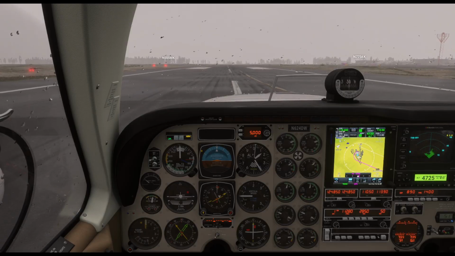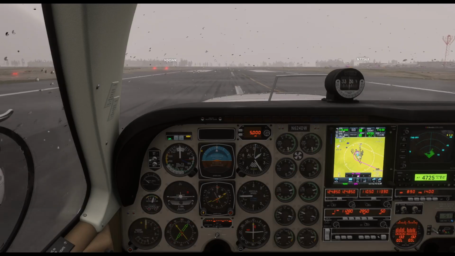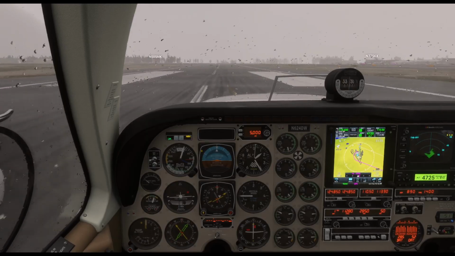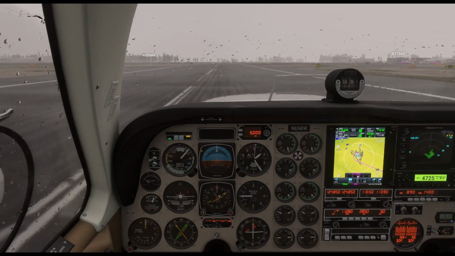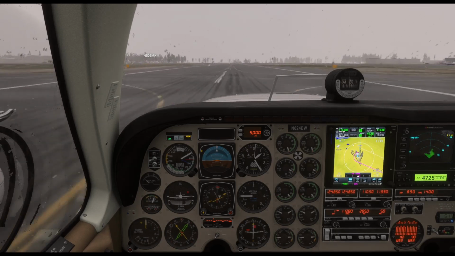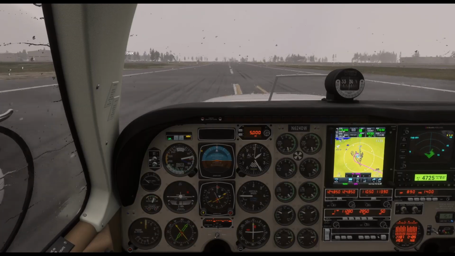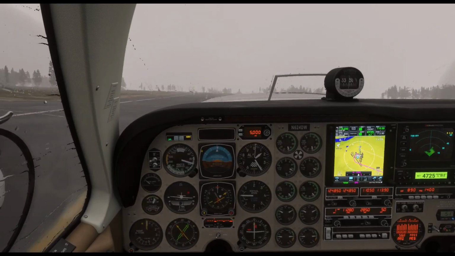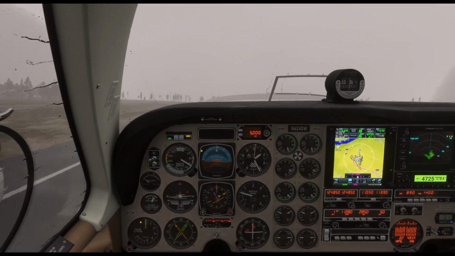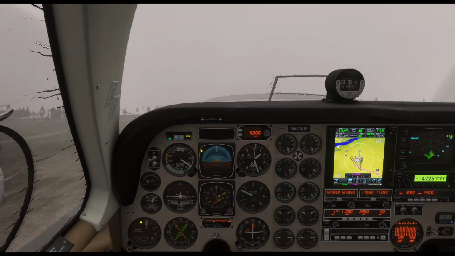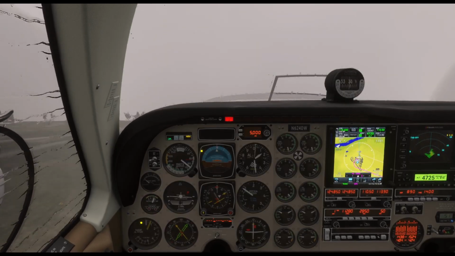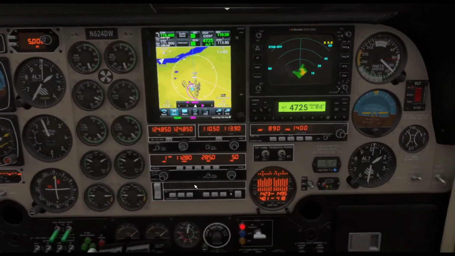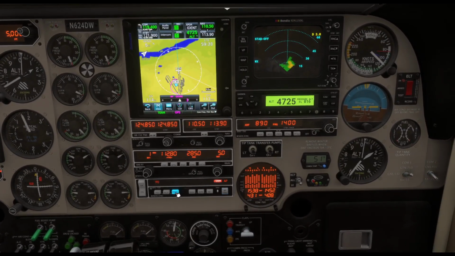Alright, throttles are being advanced. Engines have come to life. Airspeed is alive. 70 knots. 80 knots. Rotate. We are airborne. We have a positive rate of climb. We passed the piano keys. Gears coming up. Flaps are coming up. Autopilot is coming on for heading,